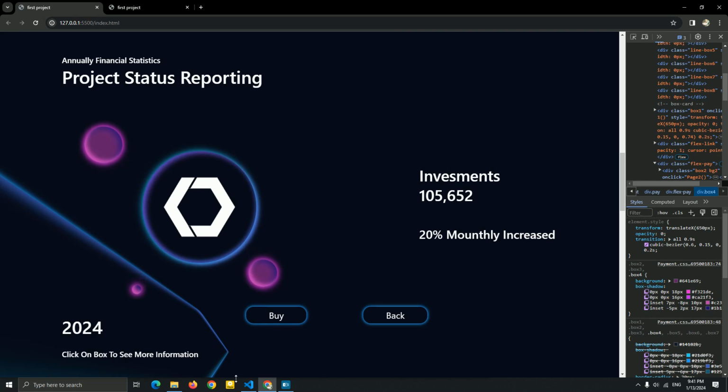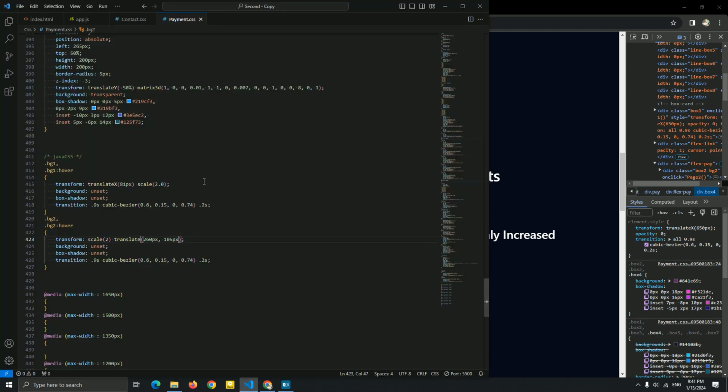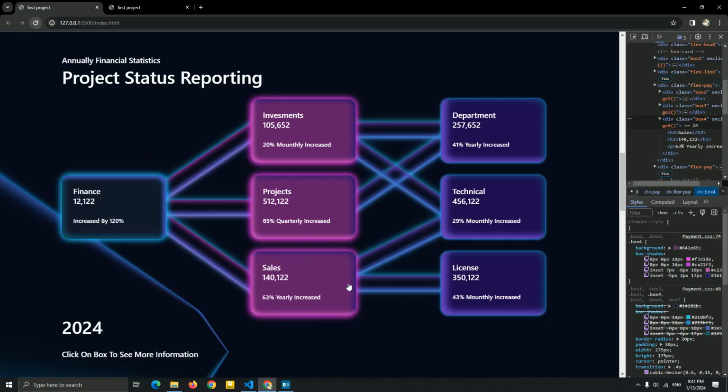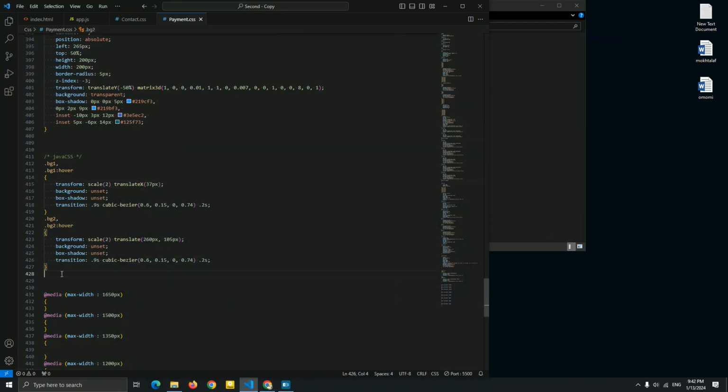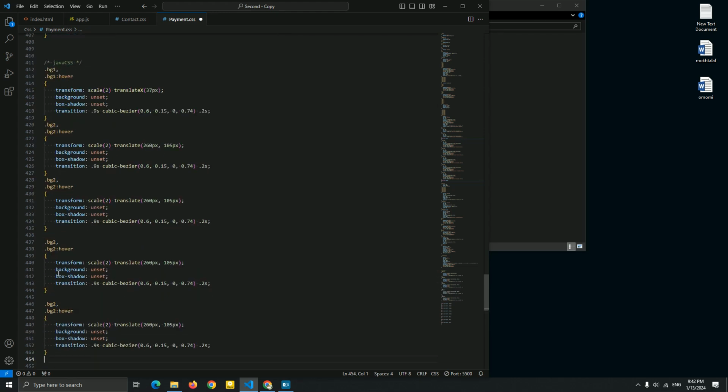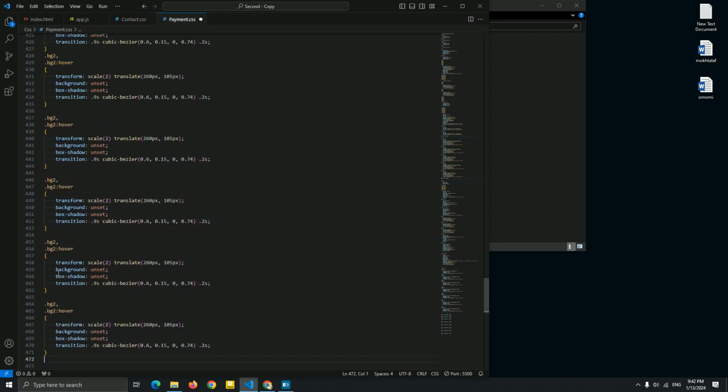Now we fix this problem. And for this, I'm gonna just add 37 pixel. Now let me just see the box one. Yeah, we fixed this problem. Next, I'm just gonna copy this and paste it for BG3, BG4, BG5, BG6, and BG7.